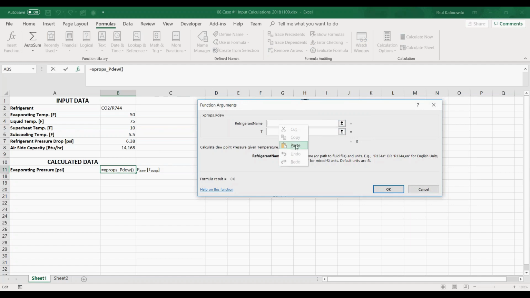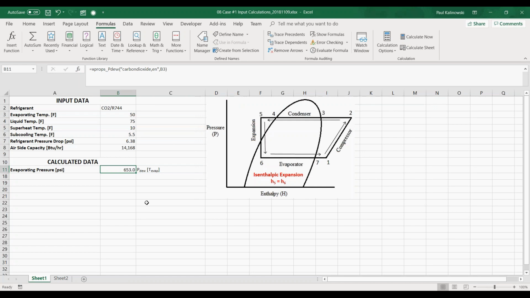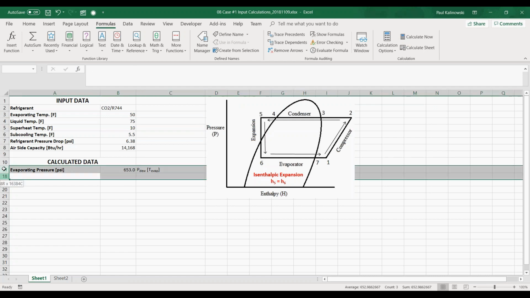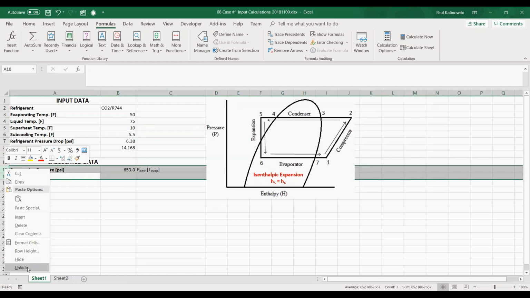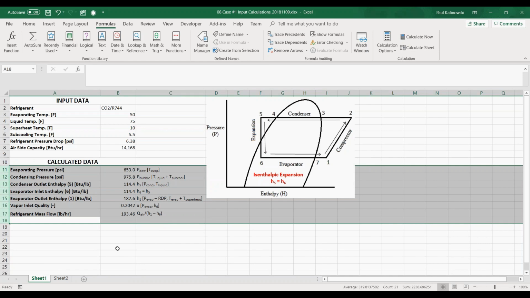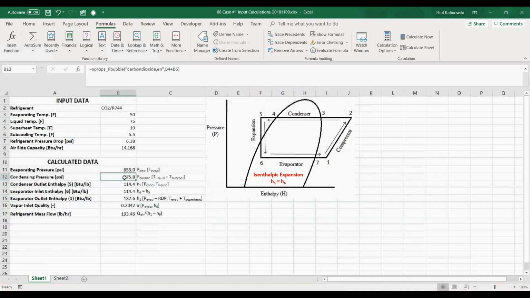Okay, I'm going to use carbon dioxide as a refrigerant with the English units. And I'm going to select the evaporating pressure. As you can see, XProps calculated the evaporating pressure by using the evaporating temperature. In exactly the same manner, I calculated all other refrigerant properties, such as condensing pressure, enthalpy at the condenser outlet